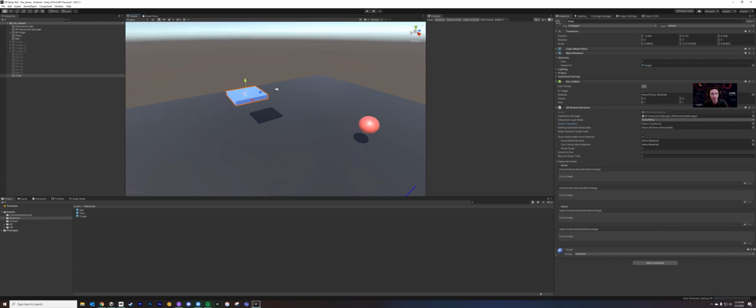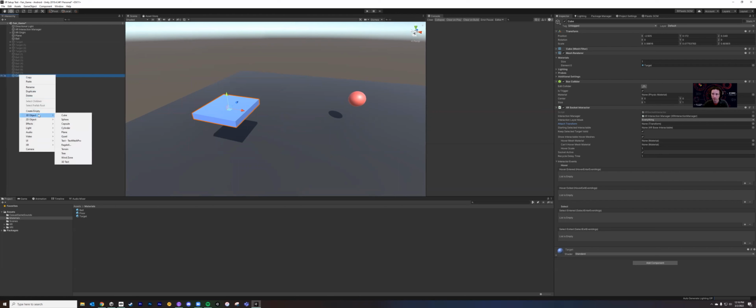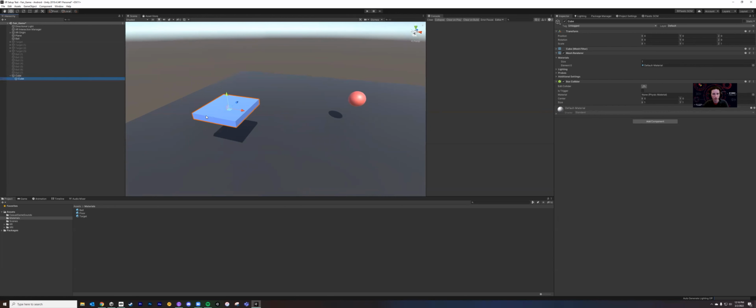Easiest way to do that, and you'll probably do this for other things if you use the kit and want to build out a special thing, is we make a child. So right click, make a 3D object cube, and we're going to get a cube right there. When you right click and child something like that, it'll basically duplicate the object, but create a child-parent relationship. And this is the thing we want to use. So instead of saying we want to attach it to here, we want to attach it to here, right? But we don't actually want this